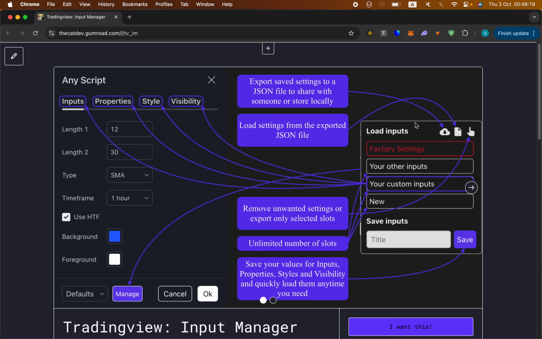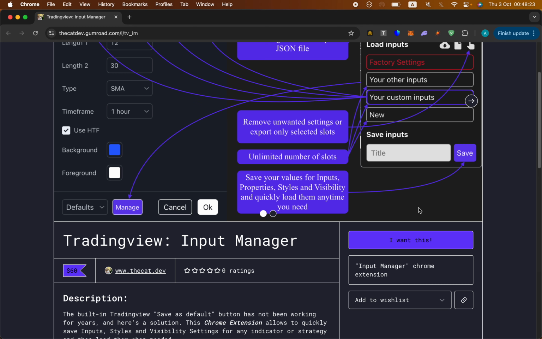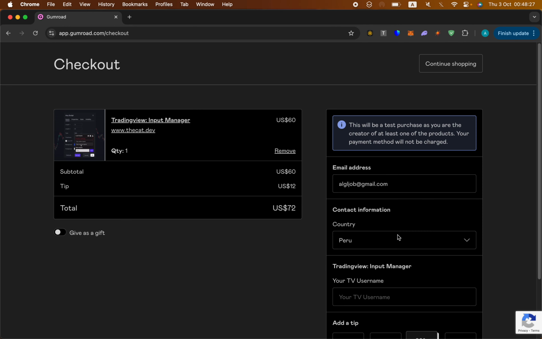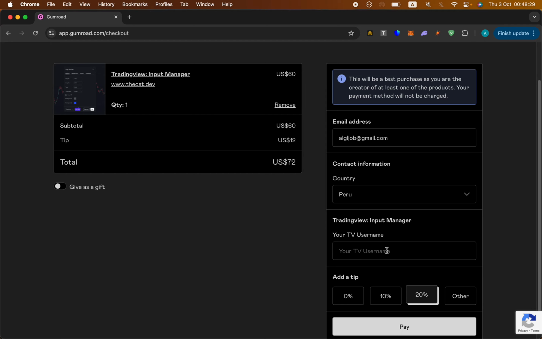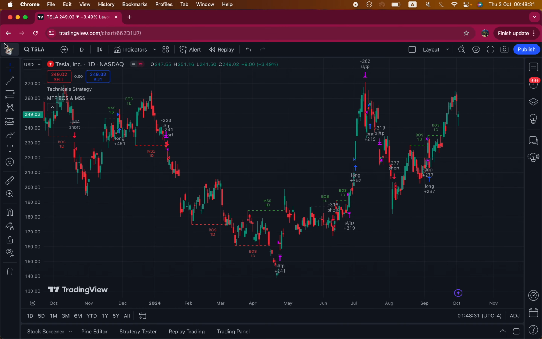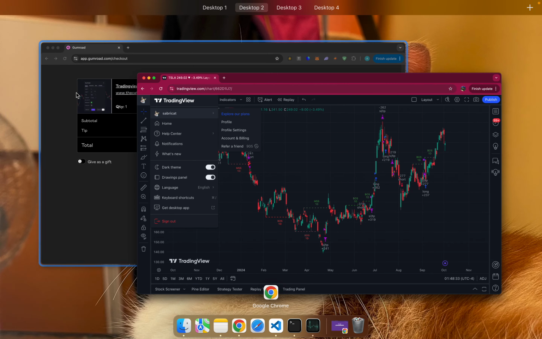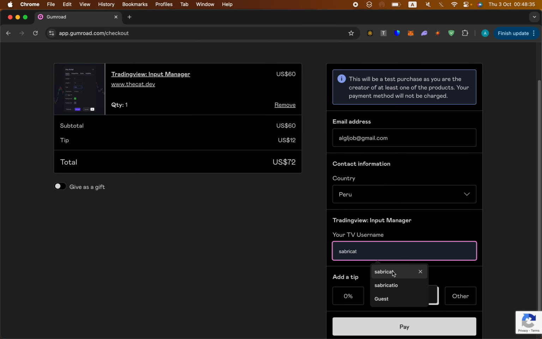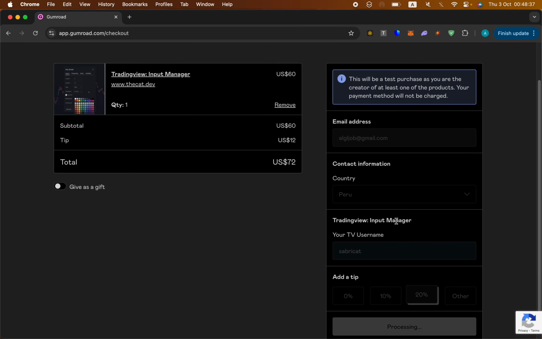Hi, here's an instruction how to get and install the Tradingview Input Manager extension. You go to the Gumroad page and you click I want this. Now here you have to specify your Tradingview username. In my case, my username is Sabrikat, so that's what I specify here. I click Pay,